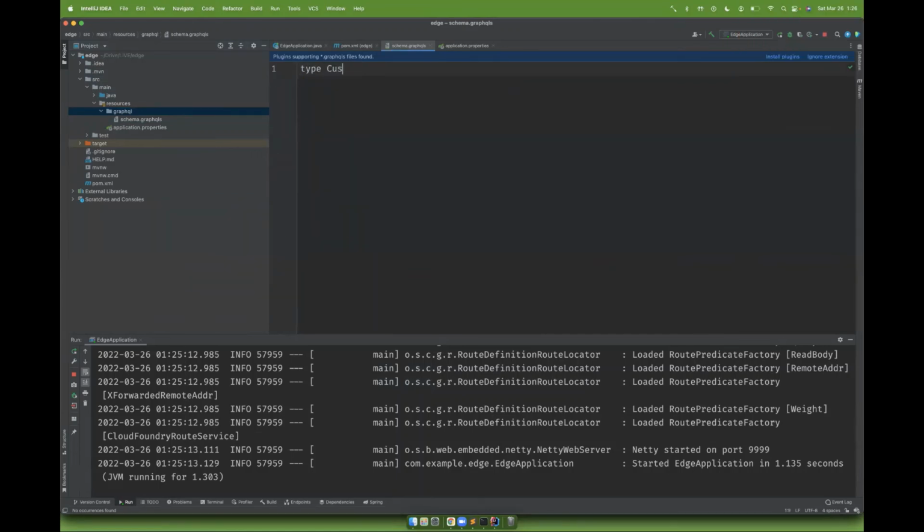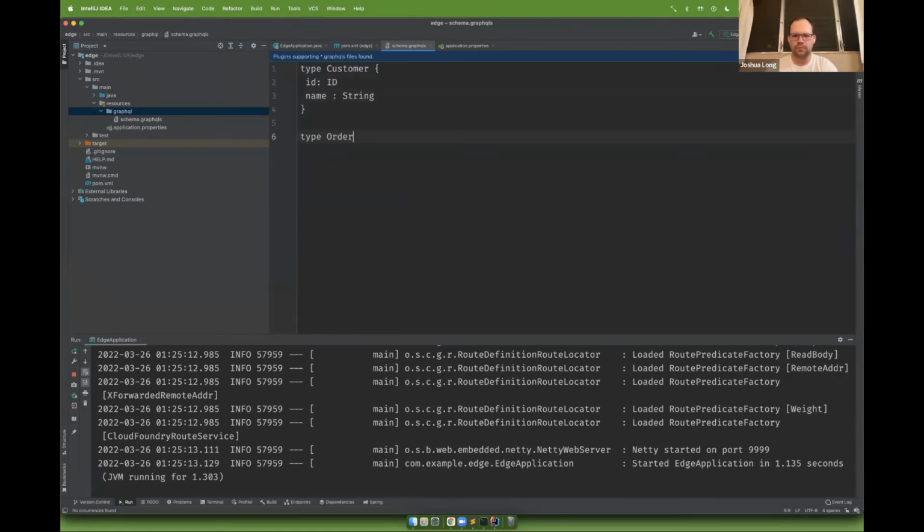So type customer has an ID and a name. Type order has an ID and another ID for the customer, foreign key. And what we want to do is support reading all the customers with their order data